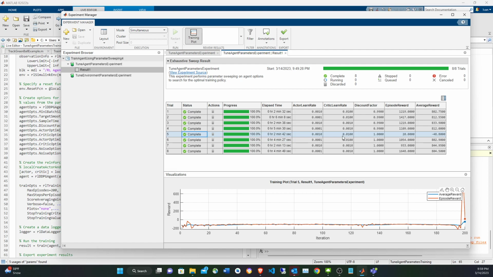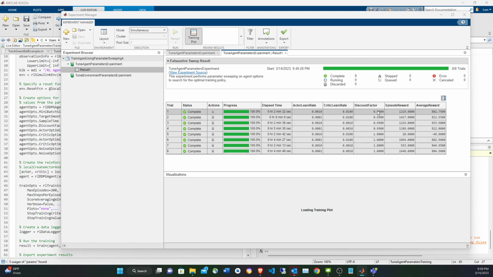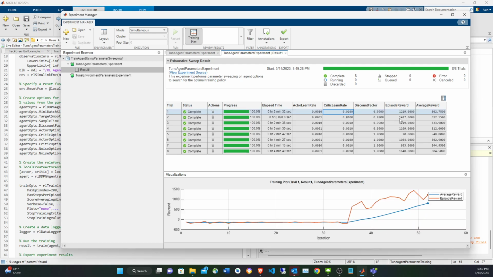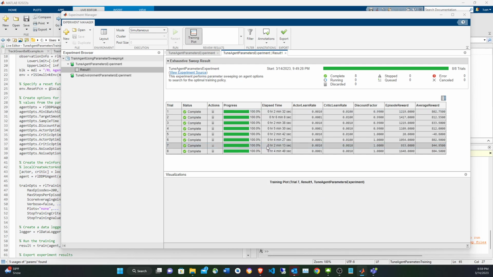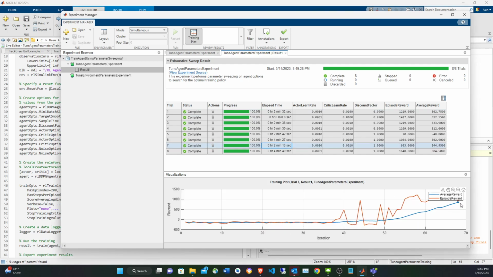Yeah, but that's not always the case, because in here you have the same combination of both high rates, but you have a different discount factor, and in this case you got, I don't know if there is some luck involved here, but let's pick up the best performing one, this one, and you can see that it had the highest